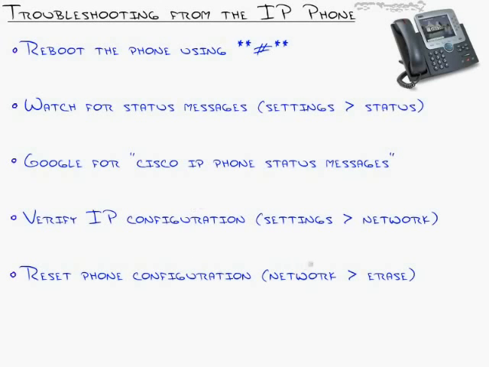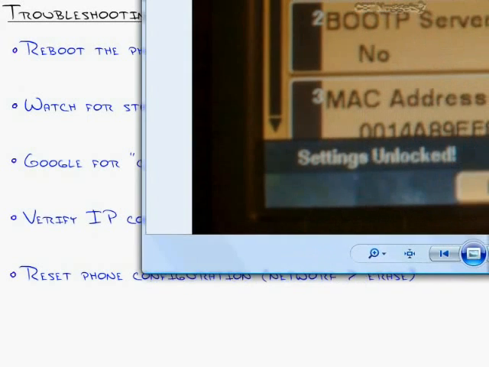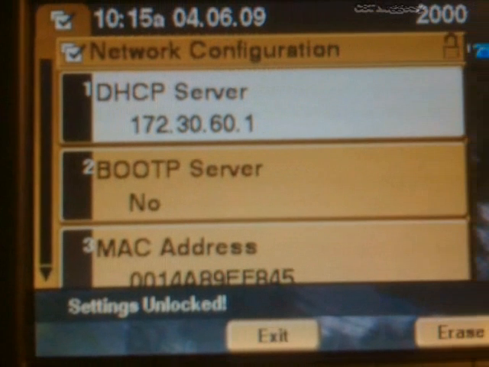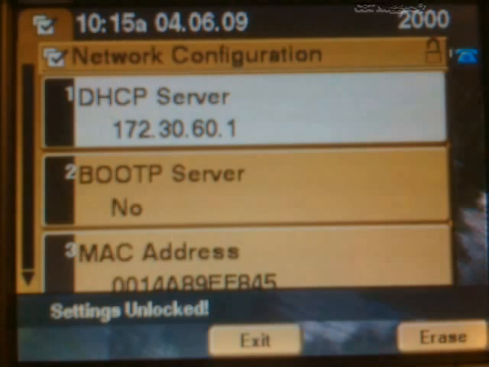Go to the network menu, and this is different on every phone. On the 7970, matter of fact, here, I'll take another picture on my cell phone. All right, I just took some more pictures and imported them right here. When I go to my 7970 phone and hit ** under the network configuration, you can see it says right here, settings unlocked, and immediately this erase button appears. And that is on 7970s how you can erase all the network configuration settings, just by hitting the erase